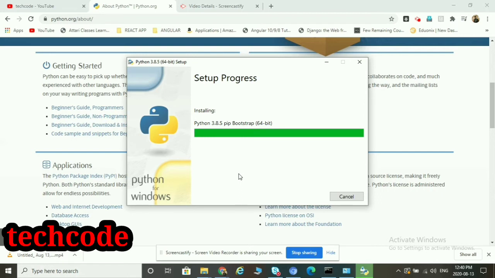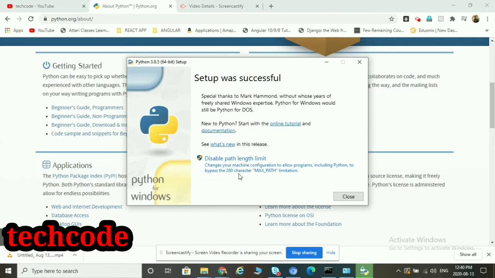So if anybody wants to learn Python, this is the right time. This is August 2020, and we know for sure that in January 2021, after the Corona pandemic effect, there will be greater opportunities for Python developers.